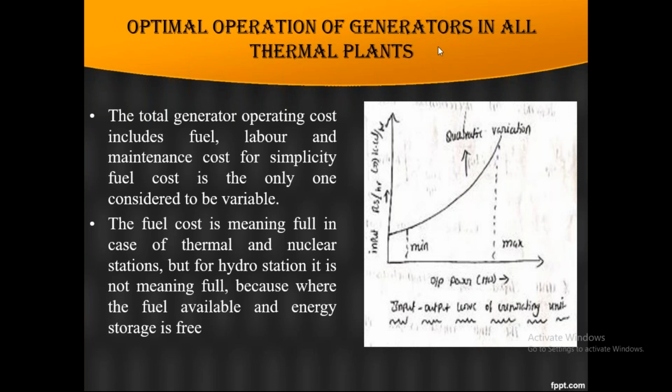So that is what you are going to know here. And one more thing: the power generation from the power plant includes different types of criteria. One is labor cost, maintenance cost, and for simplicity only the fuel cost is considered as variable. Labor cost and maintenance cost should be constant. But compared to these, the fuel is variable. Why? Because its rate keeps varying, along with storage availability. So among these three, the fuel is variable.